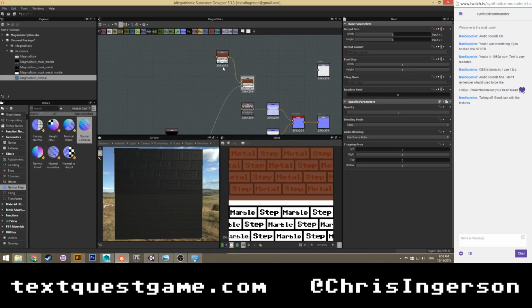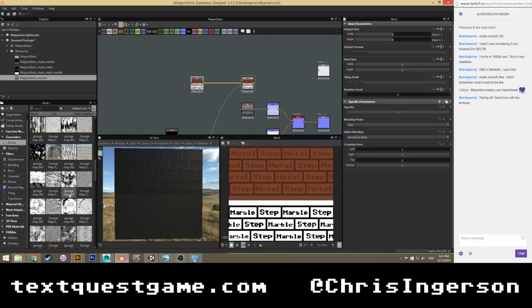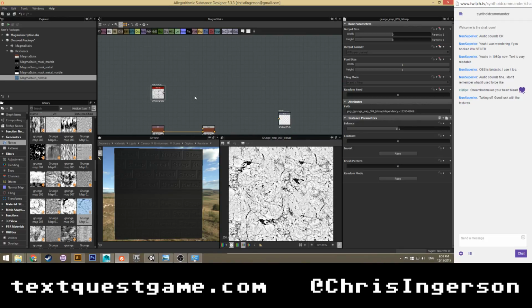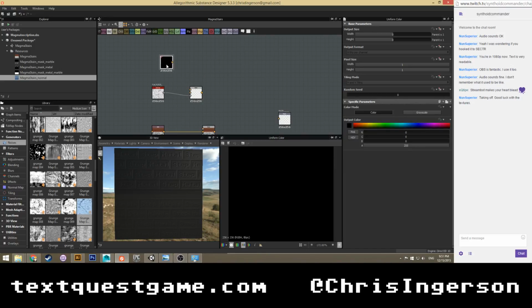And then we're gonna need a different color for our top. All right. So let's go to noises. Let's grab grunge map 09 bitmap maybe. Let's try this. All right. Let's grab another blend node. Put this in here. Let's grab two colors.